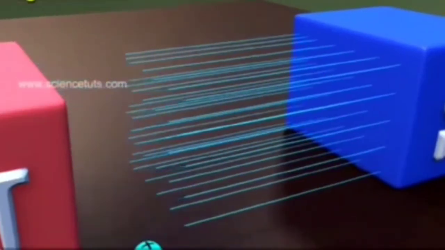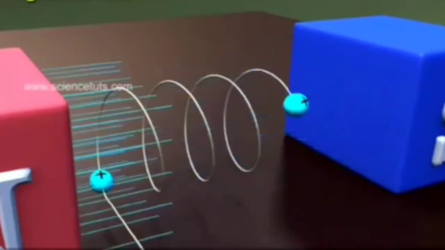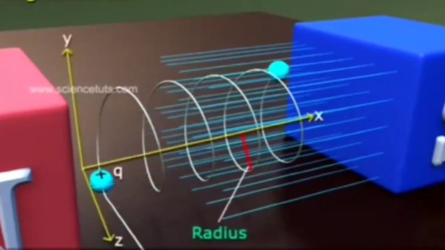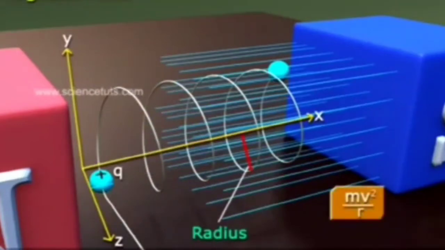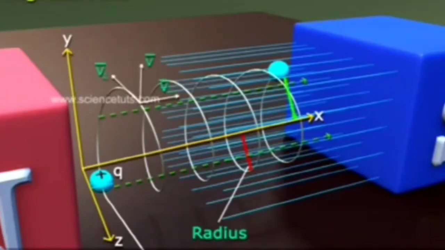And in this demonstration, you can see how the particle changes its motion as soon as it enters the field, making an angle with the field. We have told before how the helical path is obtained, and when the particle enters the field by making an angle with the field, then it follows the helical path as you can see in the demonstration.